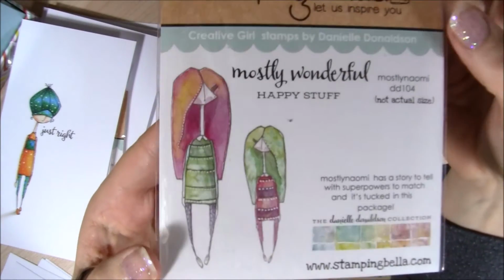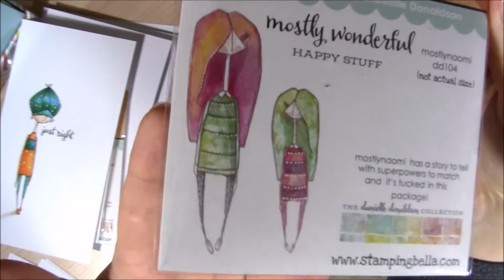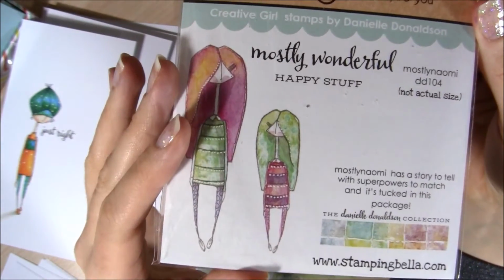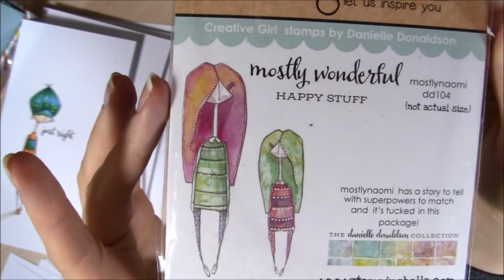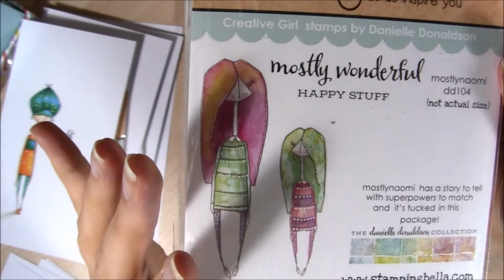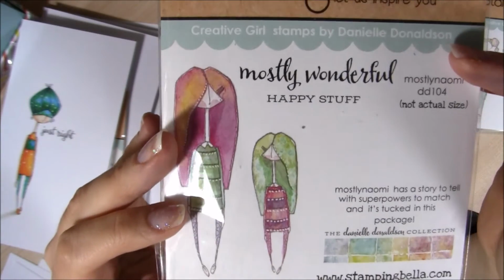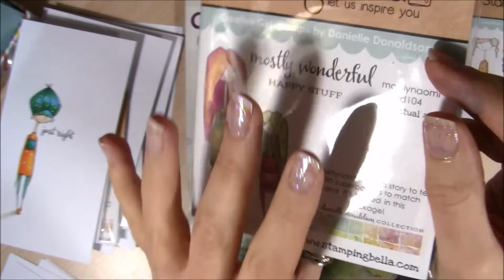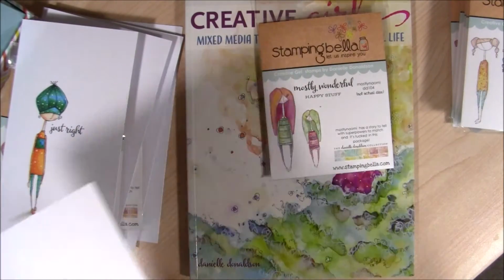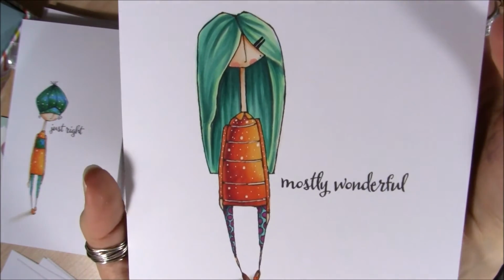One of my favourites, Mostly Naomi. And I know that Paula did a gorgeous pencil coloured version of her for a card that was on the Stamping Bella blog during the release previews. I think that was on day 6 or day 7. So you can check that out on stampingbella.com and go to the blog. Again, 2 versions. And here is my Copic coloured version of Mostly Naomi